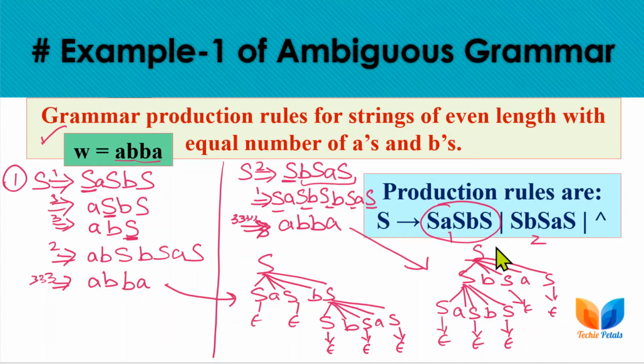If you get more than one derivation tree or more than one leftmost derivation path for at least one input string, then you can say that the grammar is ambiguous. Okay, let's check another example.